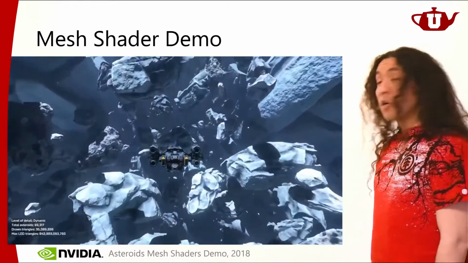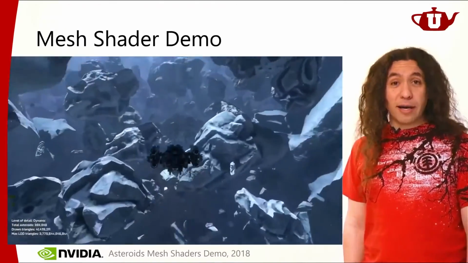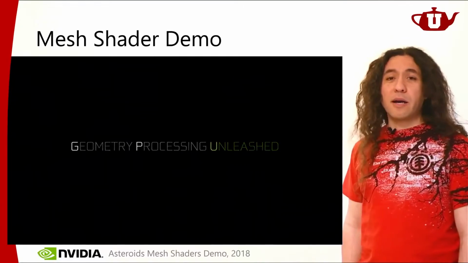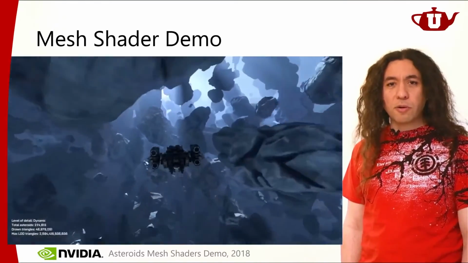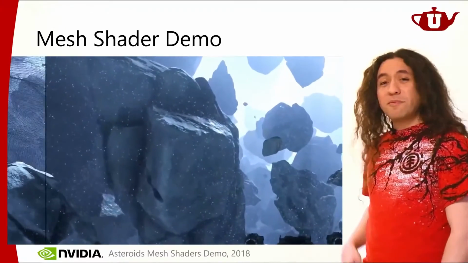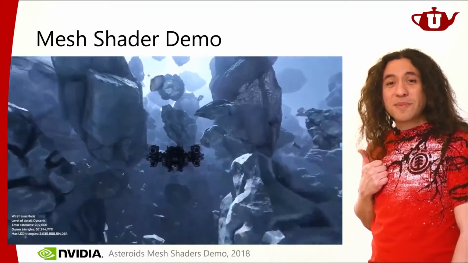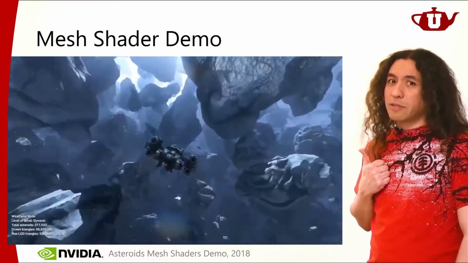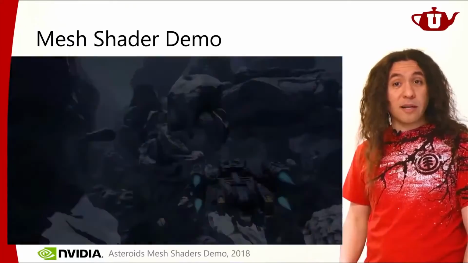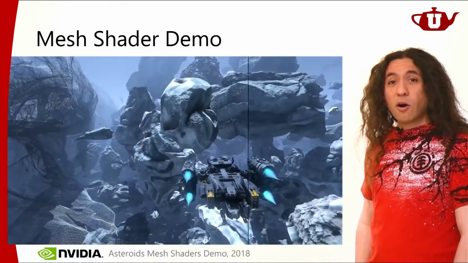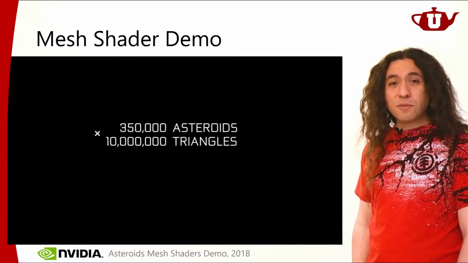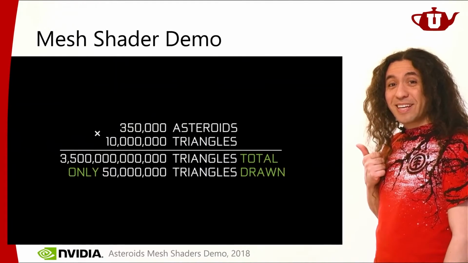Here there are quite a lot of triangles. There's so many more triangles than our GPU can possibly draw. But the only reason why this runs in real time is that we're not actually drawing all of these triangles. This is using level of detail. We talked about level of detail. So not all of these meshes are drawn with the same resolution. So look at this. Look at these numbers.